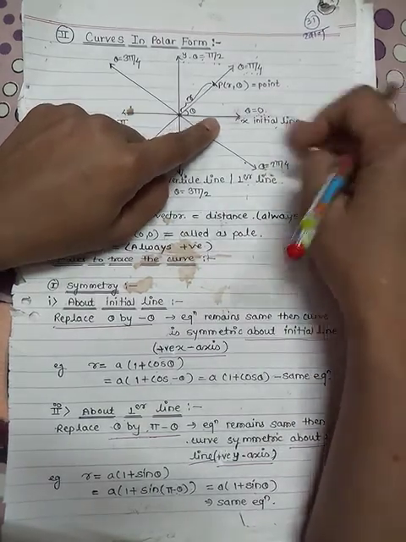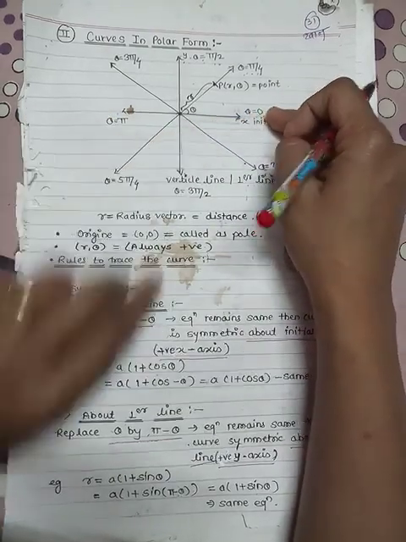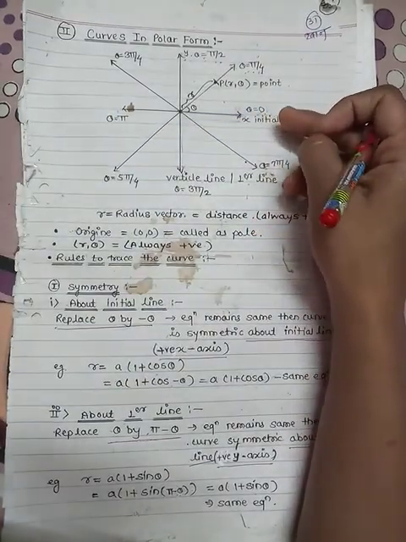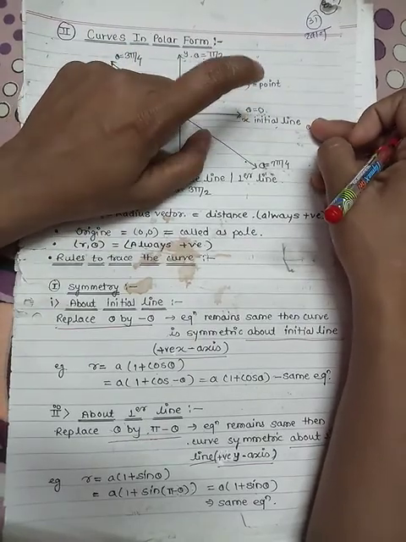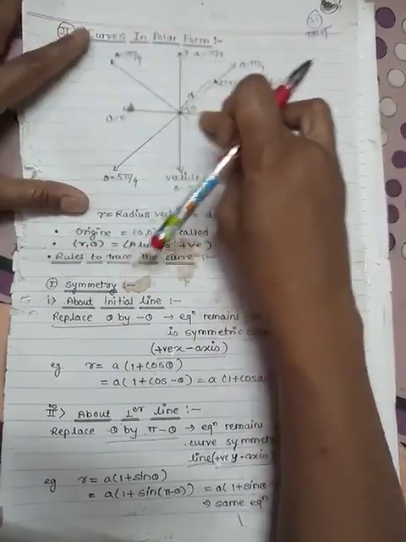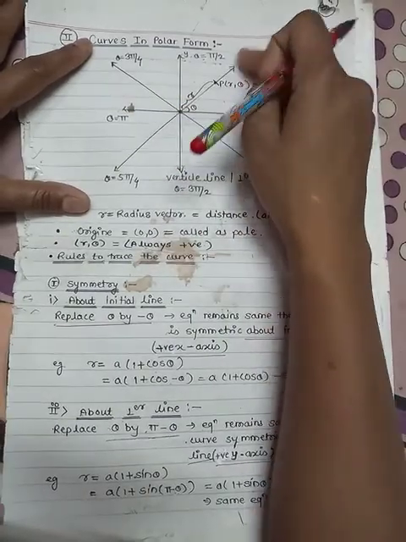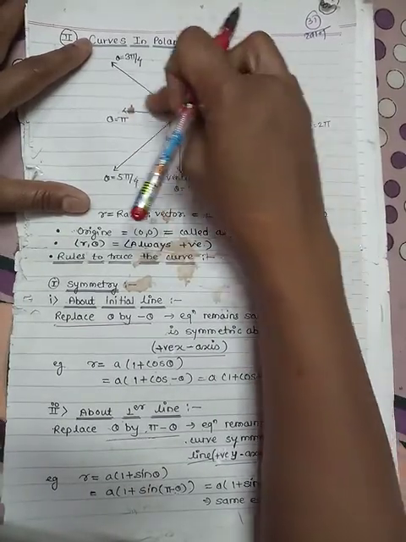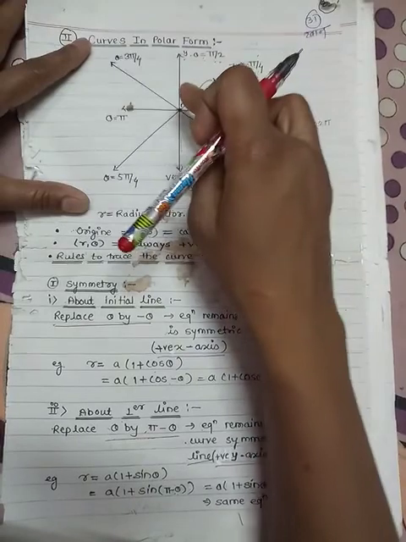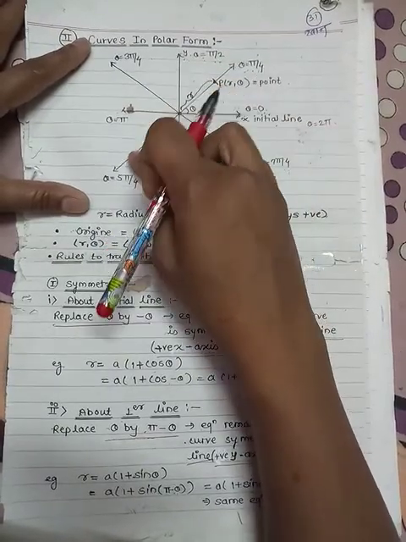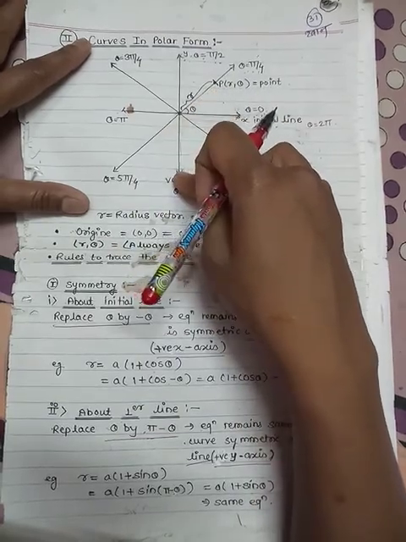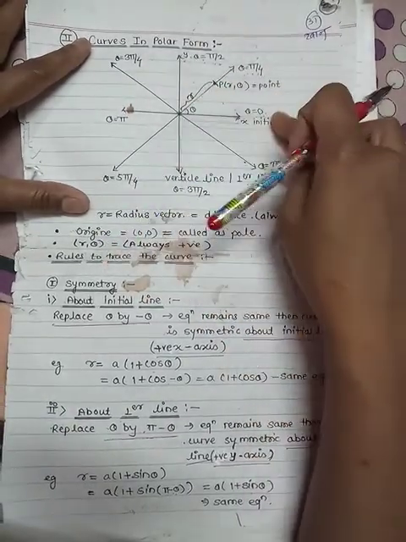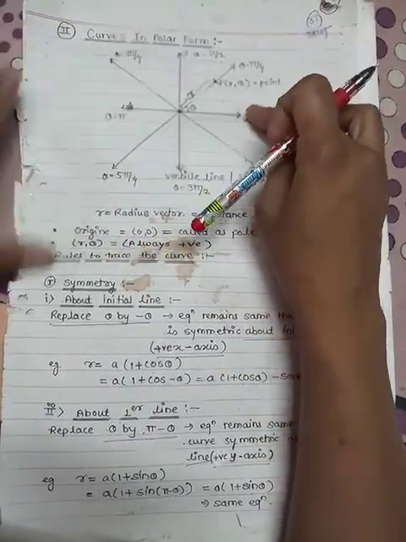So that is the same straight line equation for theta equal to 0. So these are the straight line equations which we have to write in the form of theta variable. So this is theta equal to 0, theta equal to pi by 4, theta equal to pi by 2, 3 pi by 4, theta equal to pi. This straight line equation is theta equal to 5 pi by 4, theta equal to 3 pi by 2, 7 pi by 4, and again 2 pi or theta equal to 0.